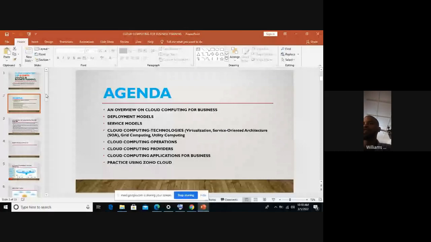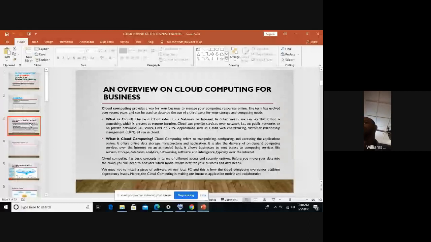Okay, so straight up to our screen, I'll be sharing quickly an overview on cloud computing for business. Please take notes, this class will be practical. I am just doing this so you get the basic foundation, so that when we start working on a particular application, it won't be like you don't know how we came up with this term or this application. These are more like ingredients.